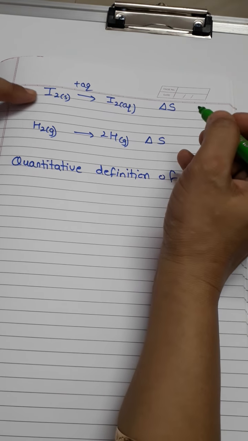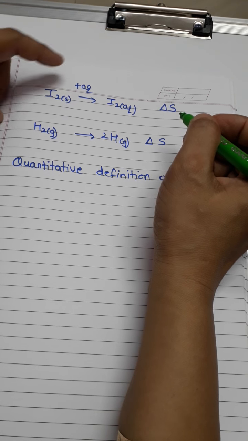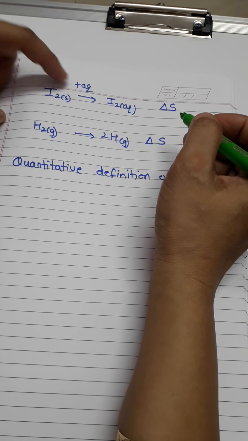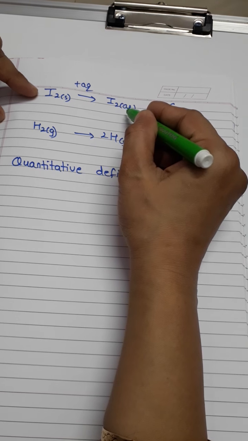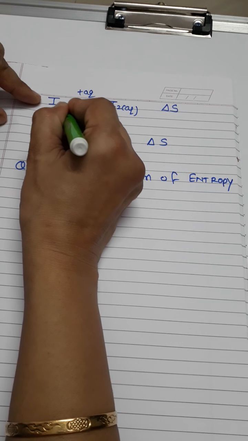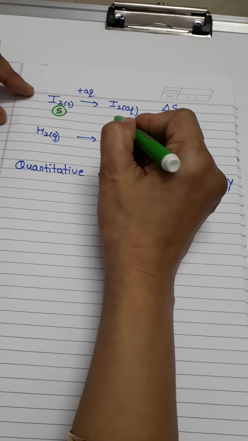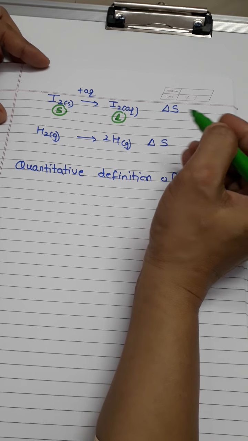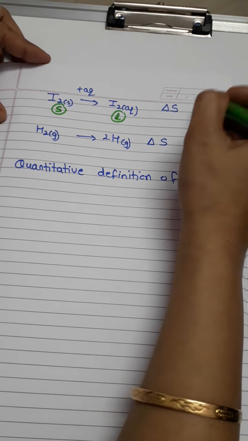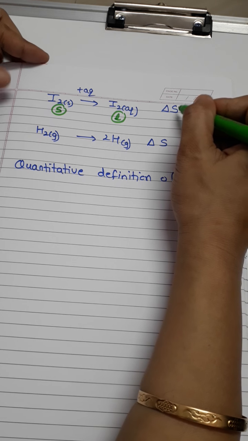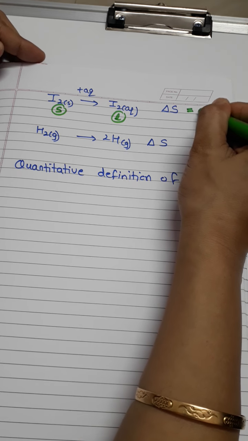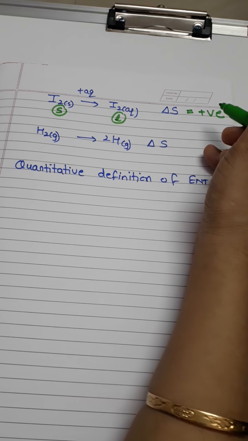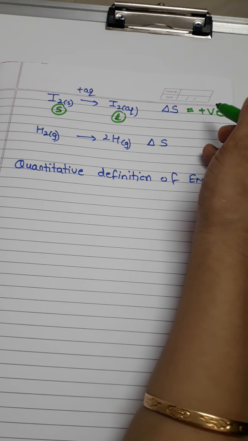Now as you can see, there is one reaction wherein iodine solid, when aqueous medium is added, becomes iodine aqueous. So earlier it was in the solid state and now it has moved into the liquid state. What happens in this case? The measure of disorder has increased. So we say that in this example, the change in entropy has increased,